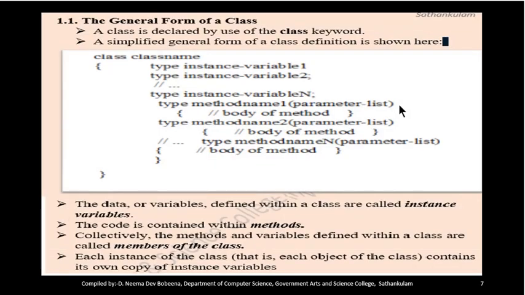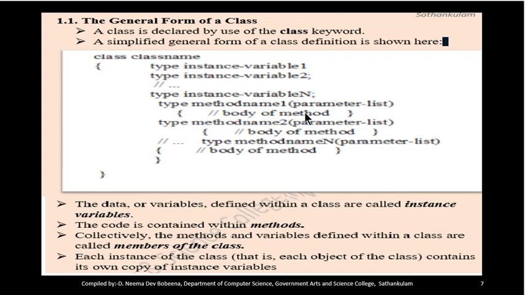Now we will see how to declare a class. The keyword used for declaring a class is class, followed by the class name, which is the name of the class. Within curly braces, we define two things. We declare the variables used within the class. All the variables used inside a class must be declared here. Then the method definition: type, method name, parameter list, and within curly braces, the body of the method or code for a